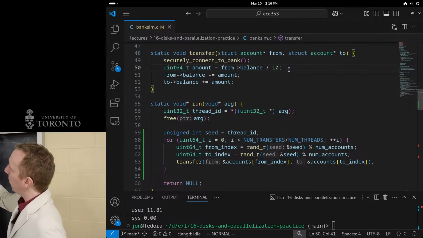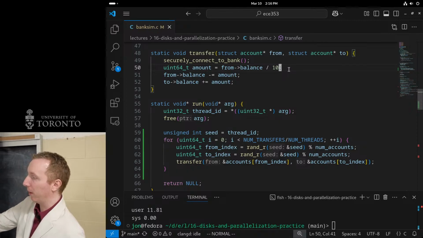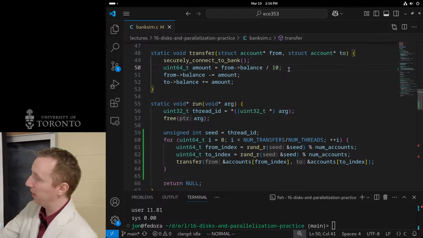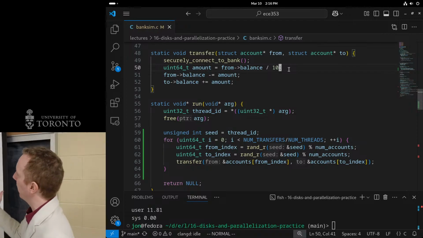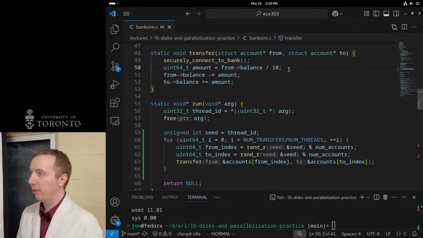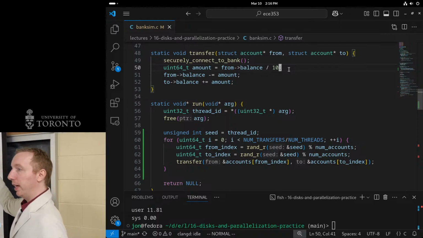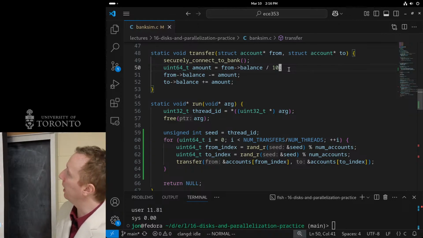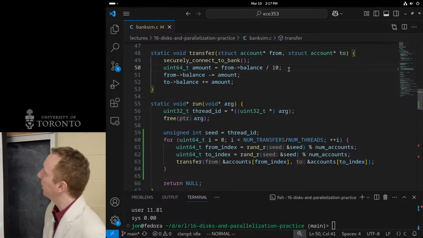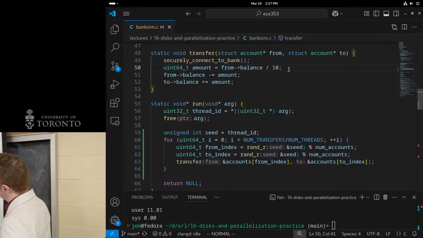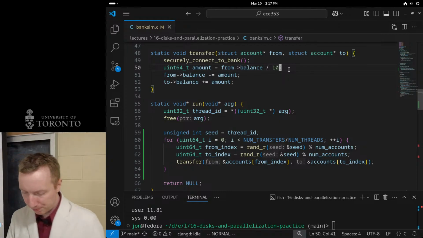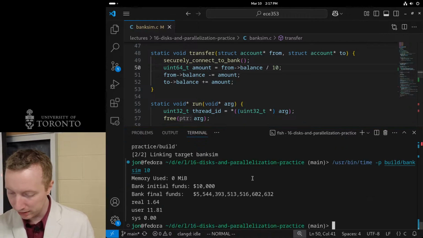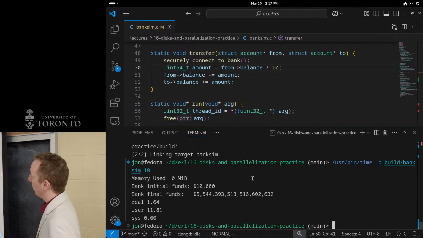It could happen that one thread is transferring from account A to account B, and another thread is transferring from B to A, or A to B. In this case, it doesn't matter. In which case they'd both be modifying A's balance and B's balance, so there could be a data race between any of those balances, right? So that's bad. This is also a case of why programming with threads is hard.